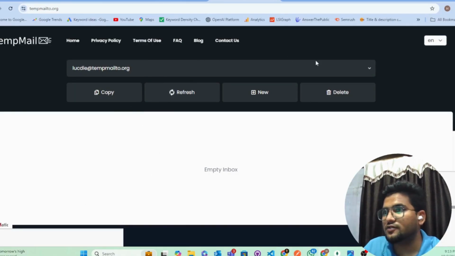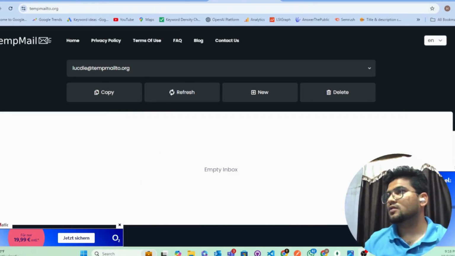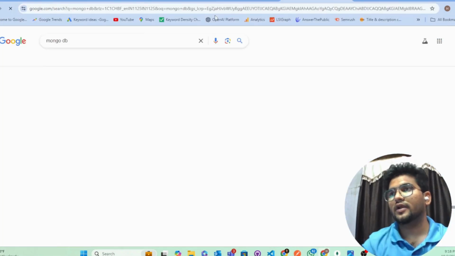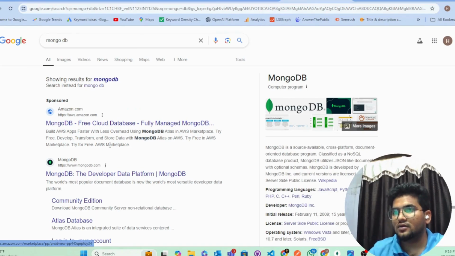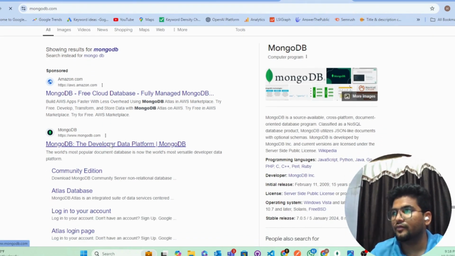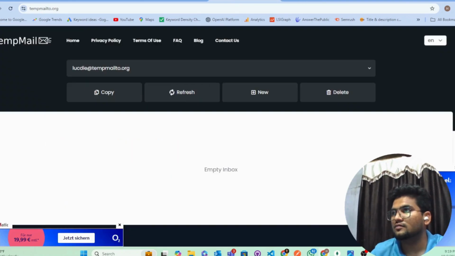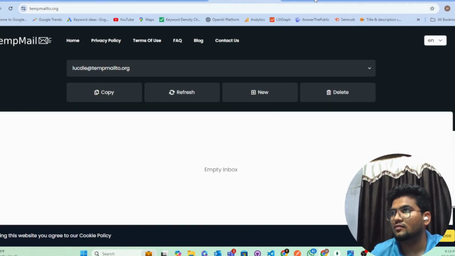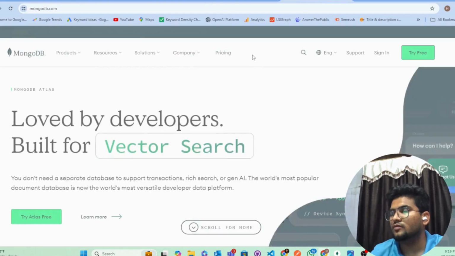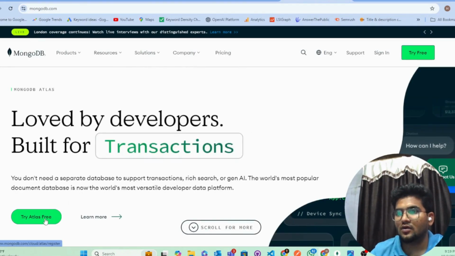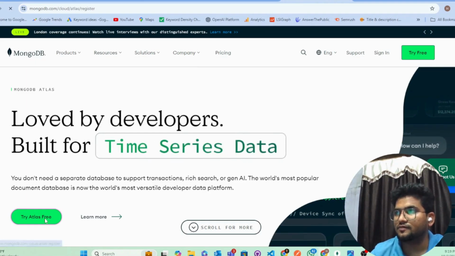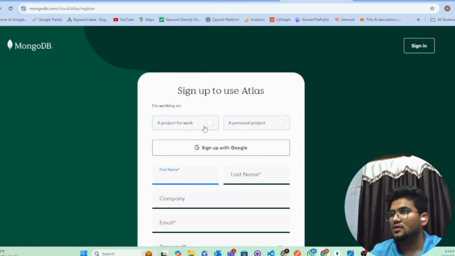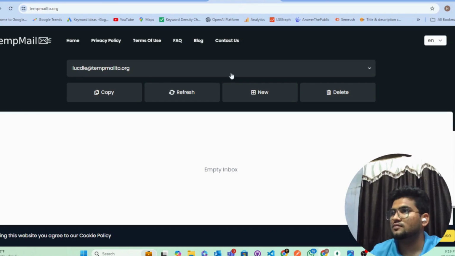So let's go to the browser first. Open a new tab, search for MongoDB, hit enter and click on the second link. Then click on Try Atlas for free. Select the first option and